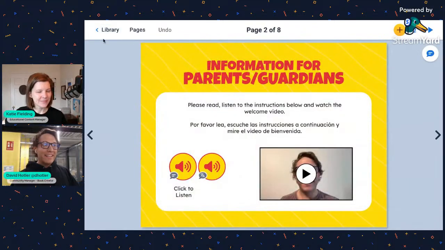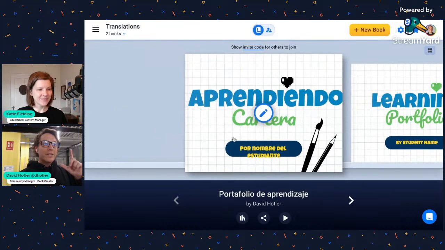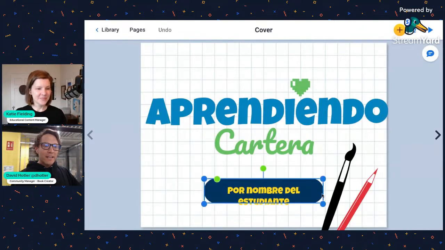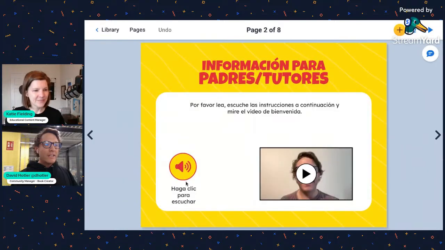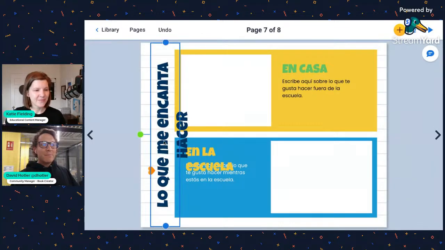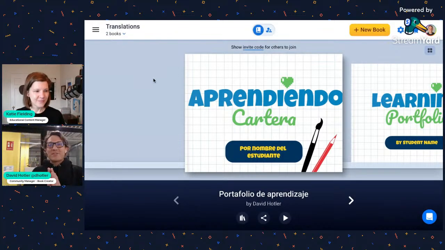So remember back at the beginning there when I said, hey, hold on, check this out. I'm going to jump back into my library and I'm going to jump back over it. Remember, I just one click translated this book. Let's just take a quick look at it. I might have to make some adjustments here, but when I look at those pages, I can already see that things that I had in here are now translated for me automatically. Yes, in some places I do need to make a few adjustments, but really, guys, this is going to save so much time and make your message so much more accessible to all of your learners.